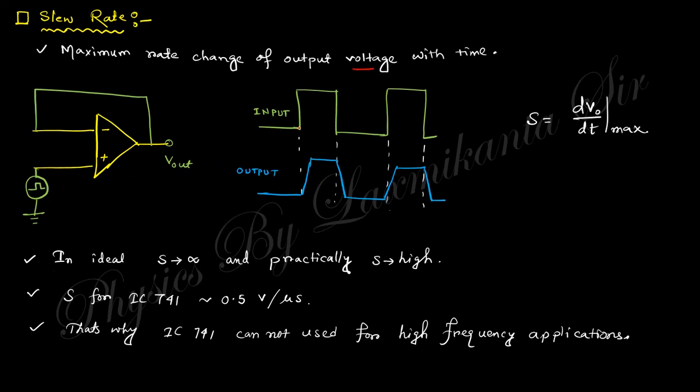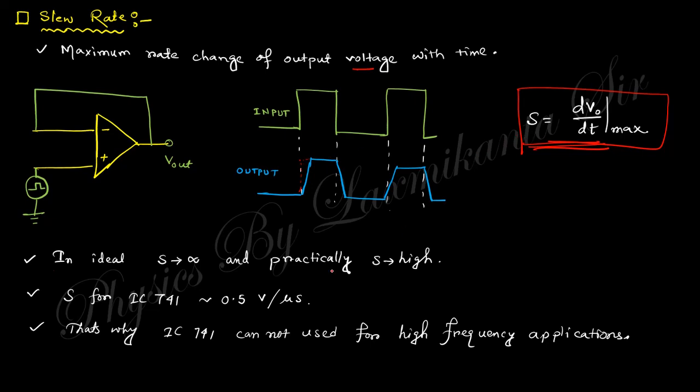So you can see their input is like that, but in output there is a change. So in ideal case this must be along that path. So there is a change in output voltage like that. So this definition will be this one, that is dV0 by dt, the voltage change with respect to time at the maximum value. So you can say if this comes to that one, this is dt 0, so